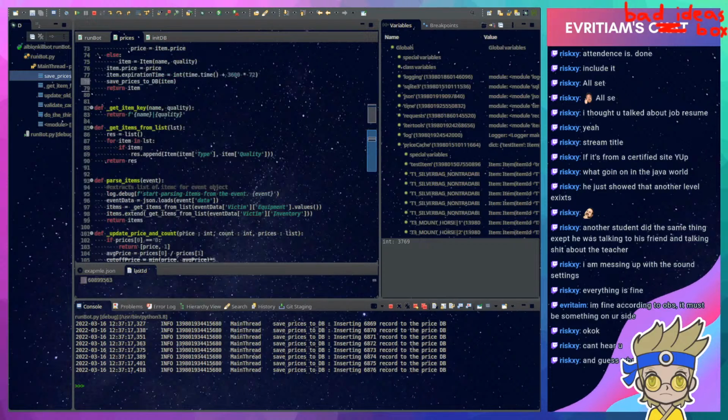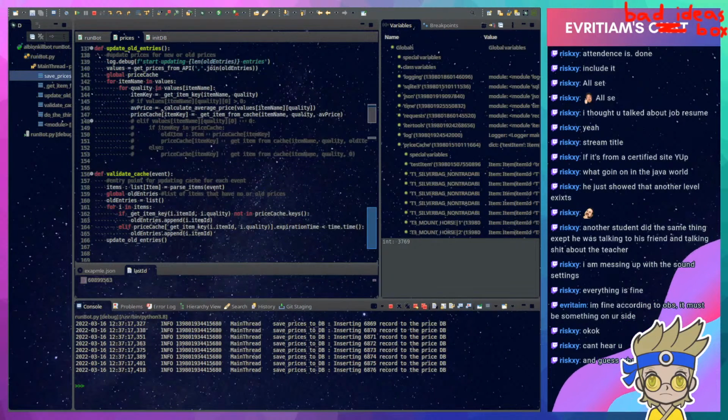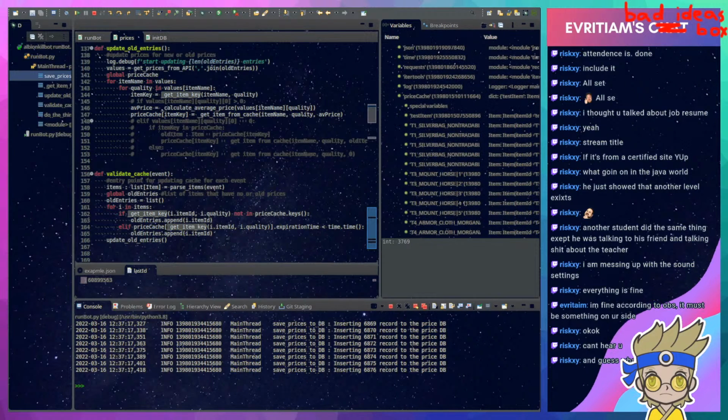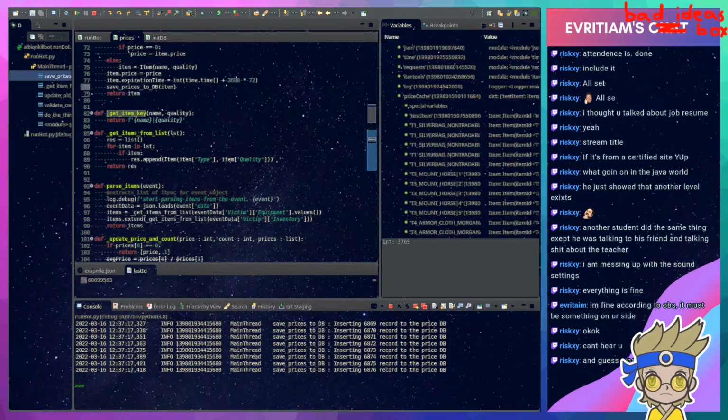How do I actually check if it's in the cache key? Oh yeah, it takes item ID and quality, so it combines them to get the key, which is this type of format. This is the item ID and this is the quality. And the separator is this vertical